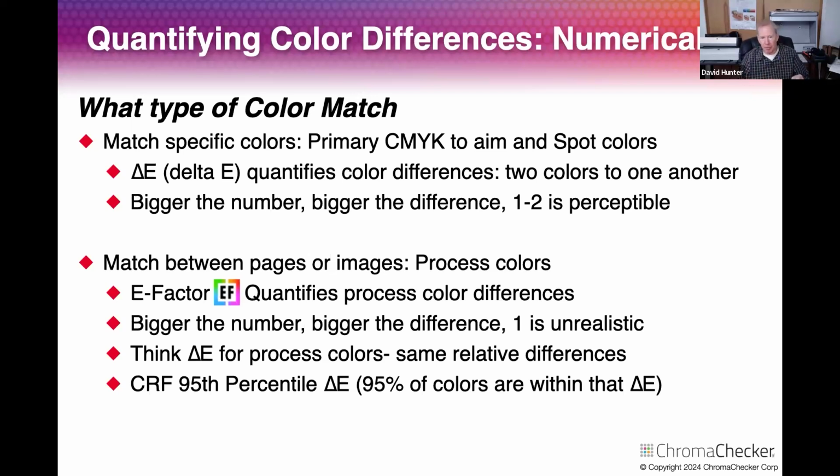And then for defining the match via a numeric difference between pages, like how close is my proofer to Grackle? I asked G7 experts, how close is your proofer matching Grackle? I had G7 experts looking at me like I'm asking a stupid question. It's a really simple question. How close is your printer printing to Grackle? Perfect would be 0,